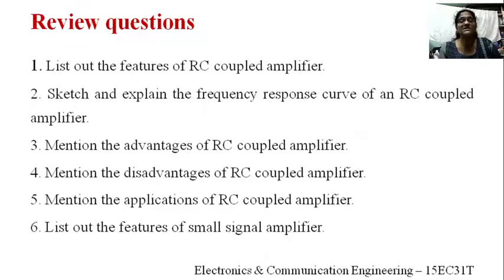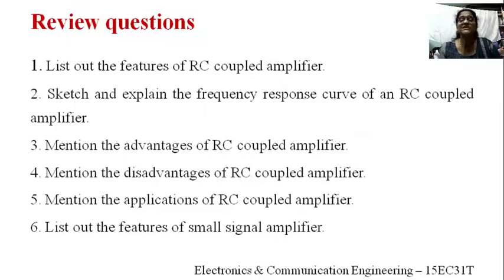Output resistance is high, right? And also for the RC coupled amplifier, we are using the coupling as RC. That is one of the features there. And transistor size: we are dealing with the voltage there, so the physical size of the transistor is small, and also heat dissipation is less. Due to the less heat dissipation, heat sinks are not required for this RC coupled amplifier. So these are the important features of the RC coupled amplifier.